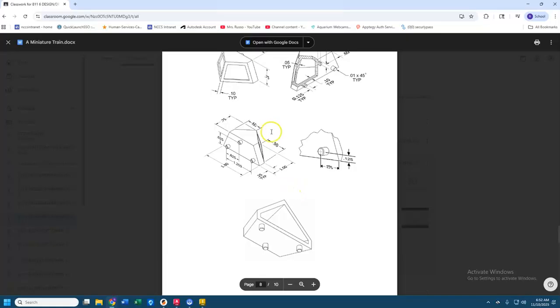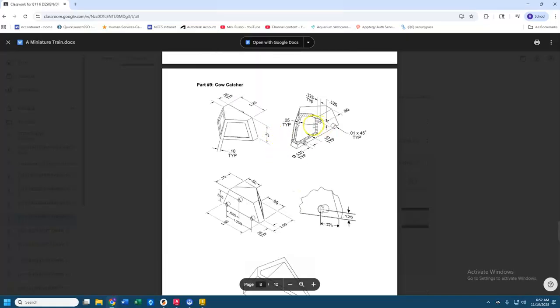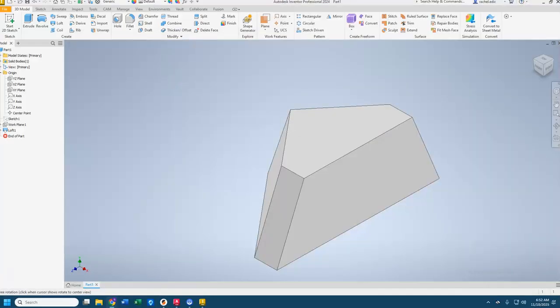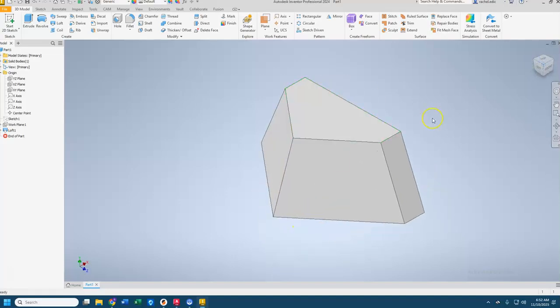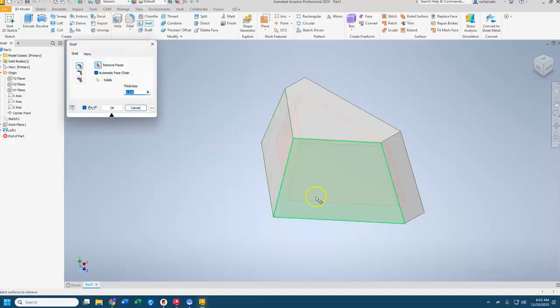Now when I look at my thing, I know that the typical wall thickness is 0.1. And I actually want this to be my home. So I'm going to reset that. So current view as home, fixed distance, and then I'm going to shell this. So I want my thickness to be 0.1, and if you look at the drawing,